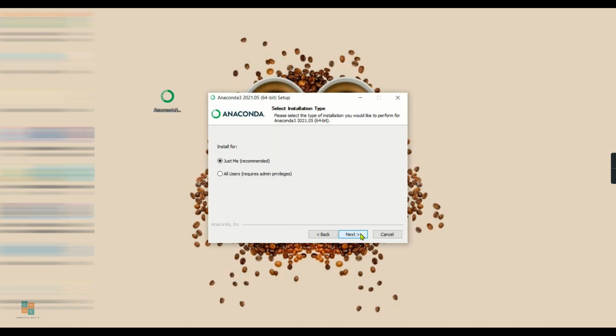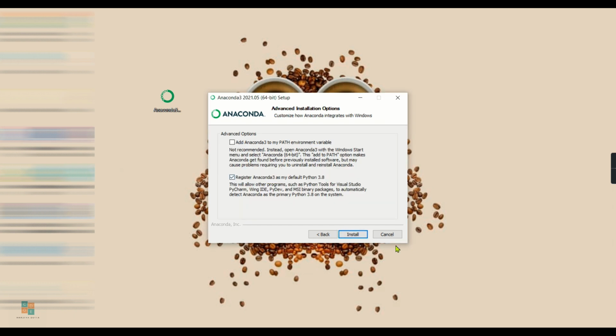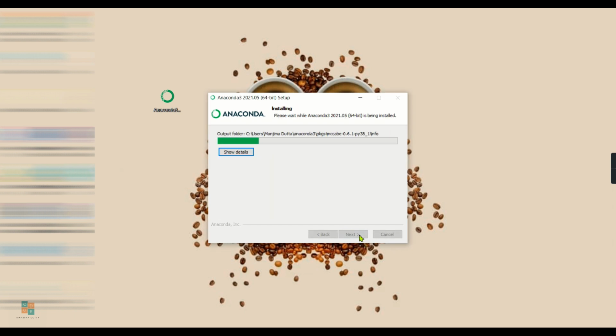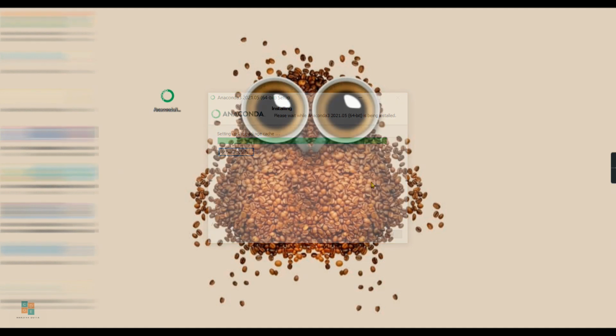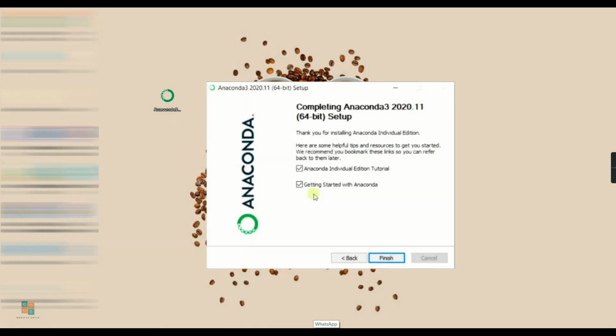Click on next. I agree. And install for just me. You don't need to change anything here as I'm the only one who is using this PC. Click on next. Here you need to set one path where your Anaconda will be saved. So just click on next. Don't need to change anything here. So as we see, it's getting installed. It's taking a little time, so wait for a bit. It will be over soon. When you are done with your installation process, just click on next, and then you will find on the next page two selected options. Just unselect them, you don't need them, and then click finish.